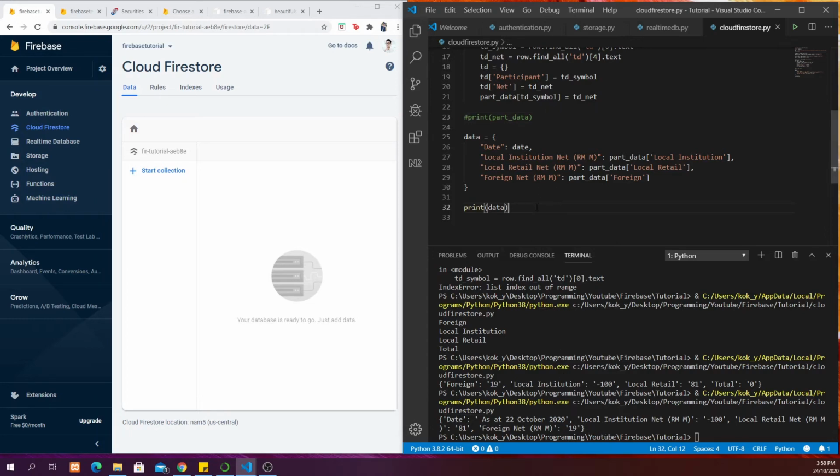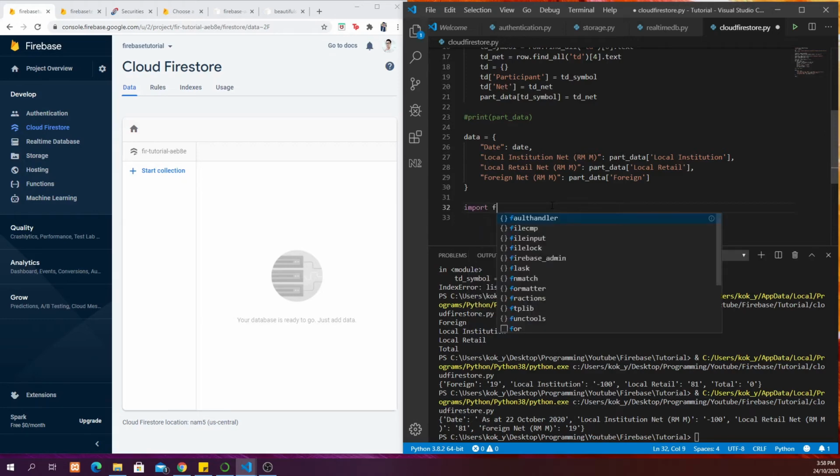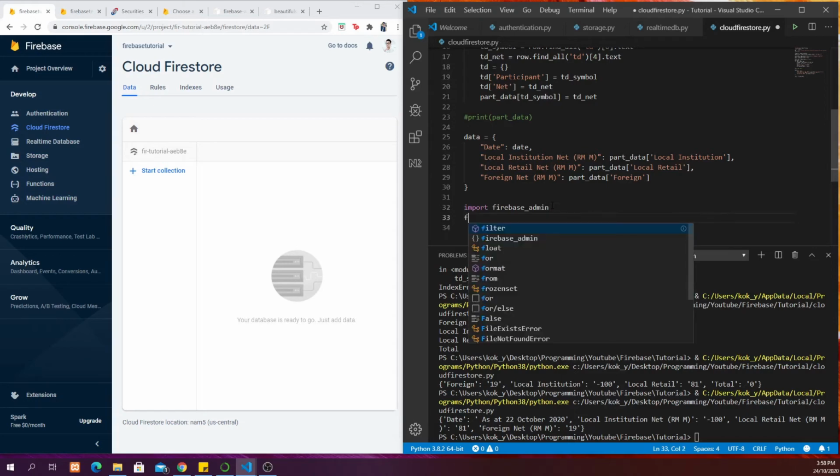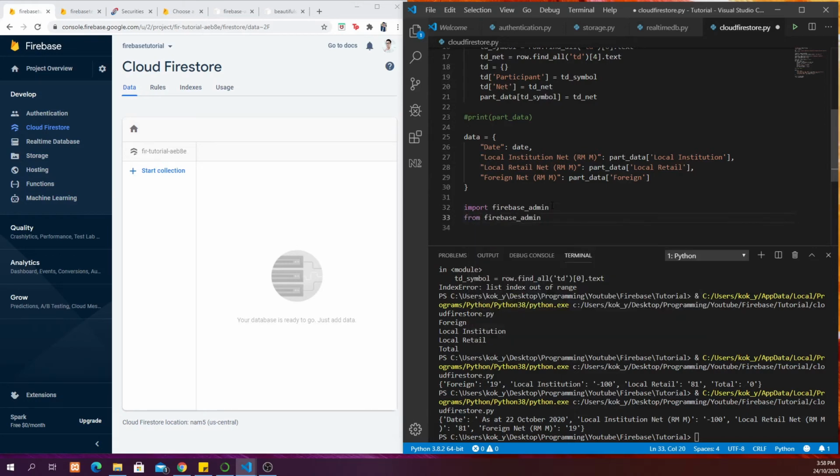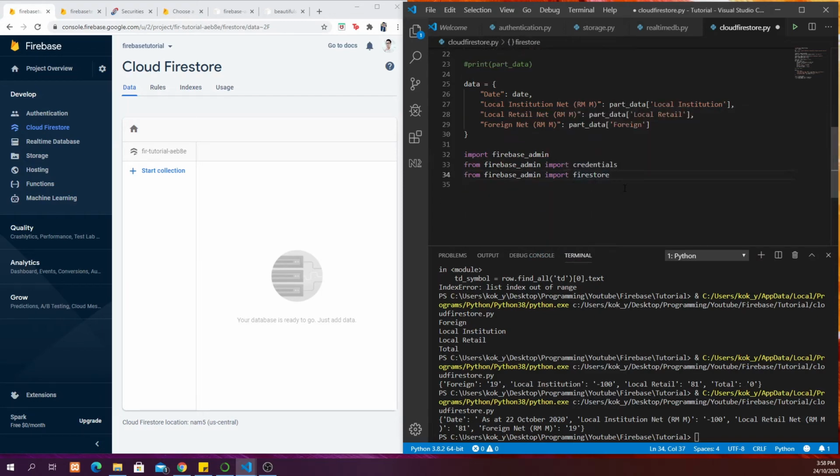and as I mentioned, we need to use the Firebase admin, so I'm going to say import Firebase admin, and then from Firebase admin import credentials, then from Firebase admin import Firestore. Okay, so credential is equal to credentials dot certificate. So we actually need to put in a certificate here,